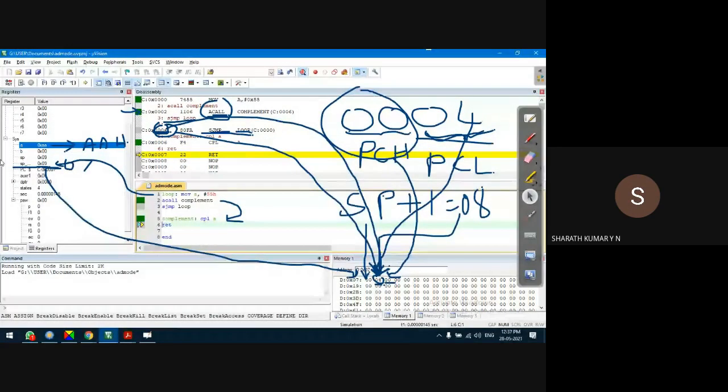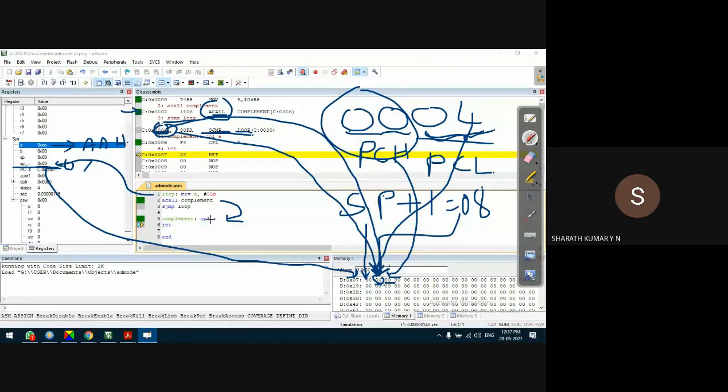Okay, so after that, observe this. It has jumped to the next instruction, return RET. When RET is executed, what will happen is that the data stored in the stack memory, that is 0004, will be copied back to PC, the program counter, because right now the program counter is pointing to this address, that is 0007.